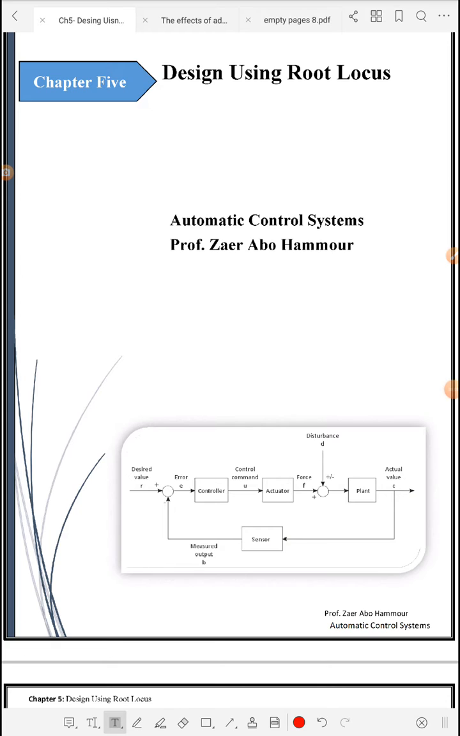Today our lecture will be about the design of control systems in time domain using the root locus technique. This is chapter 5 from my handouts, and